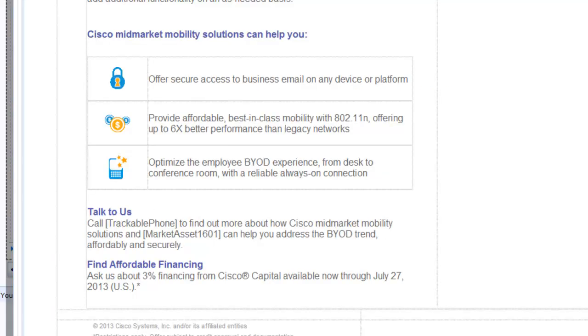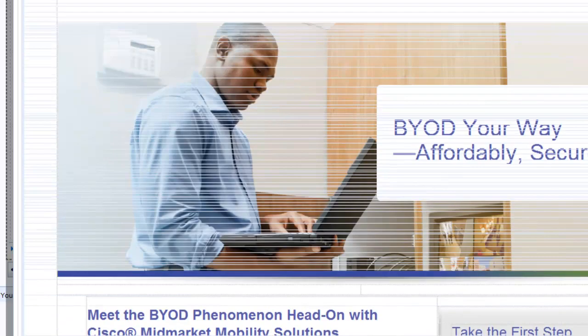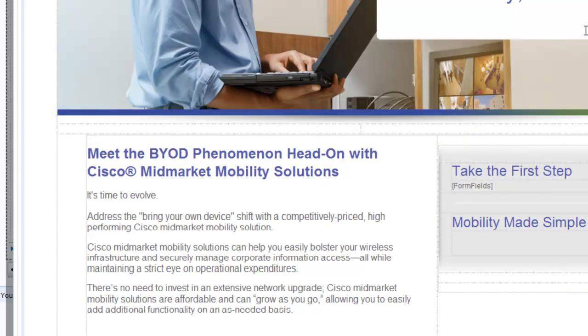Okay, so here is my actual content. And you'll notice that we have a forms field merge field. So when you place that throughout the content, this is what will generate the actual fields on your form. So you want to make sure that you keep that within the body of the content. You can move it around, as you can see. I placed it over here on the right. So this could actually be